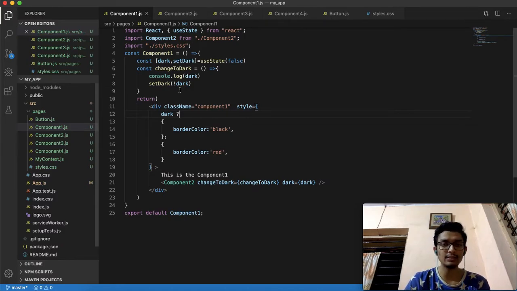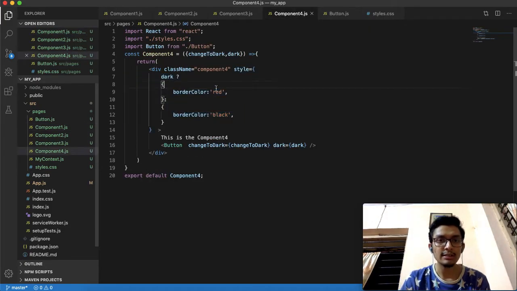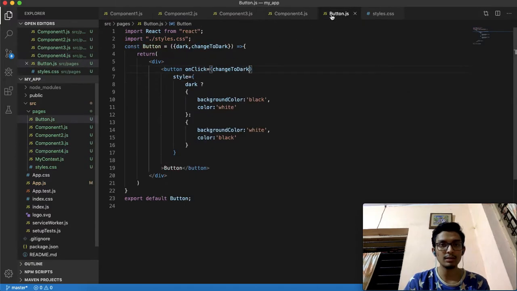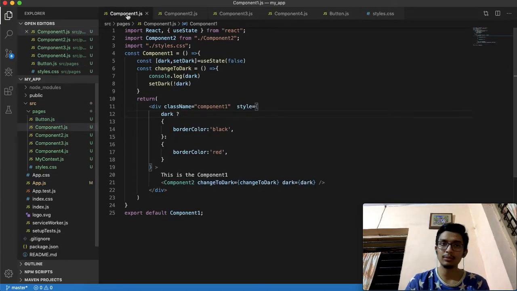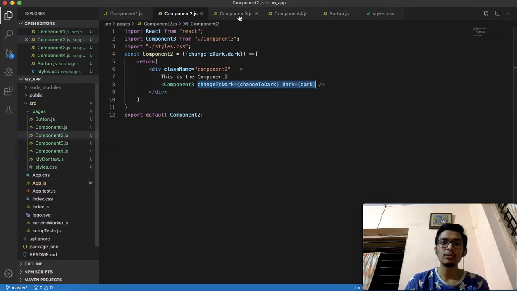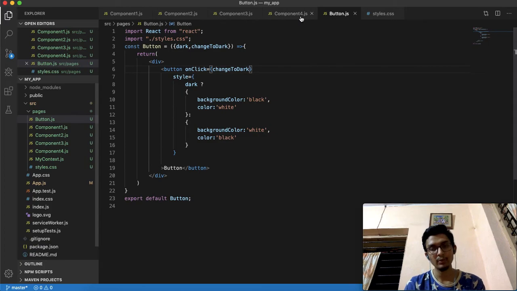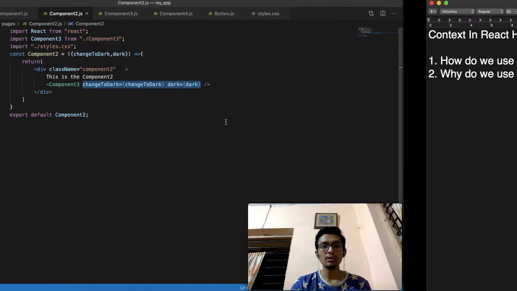Component 4 is using the dark value, and the button is also using the dark value, as well as calling the change to dark function which is in component 1. But we have to pass it using props to component 2, then to component 3, then to component 4, and then finally to the button. This is called prop drilling.